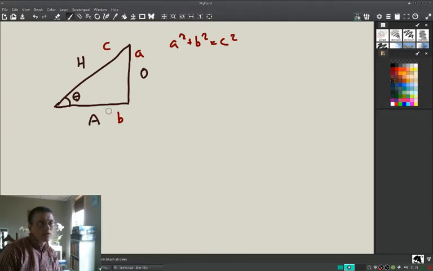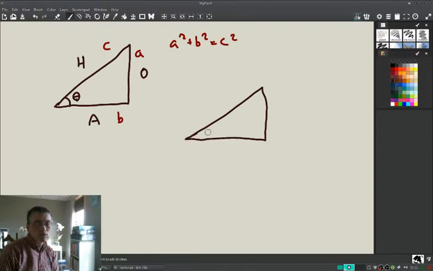But today we're going to take a look at if we know, say, the sine of this angle. We don't even need to know the angle itself. We just need to know the sine of this angle. Let's say we had a triangle with some angle theta here, and we'll say the sine of theta we knew was 3/5,